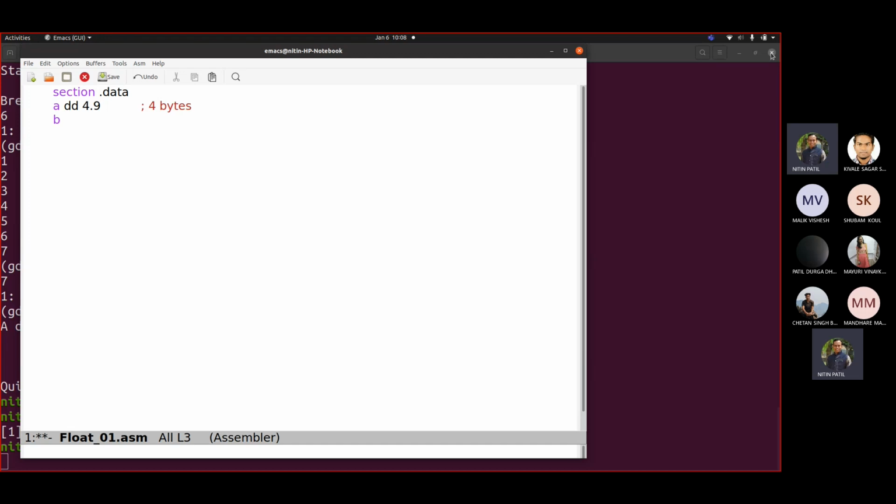Now, if I want to really declare the float, then it requires 8 bytes. So I will write here 4.6, say for example. Now DQ takes what? Define quad. So 8 bytes.